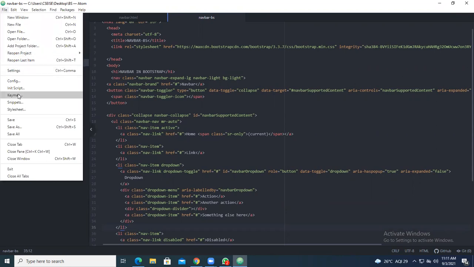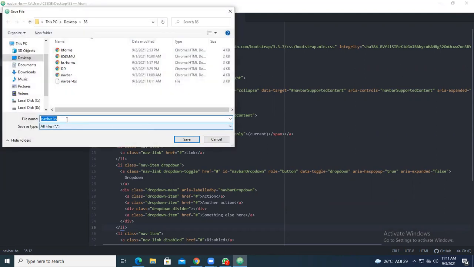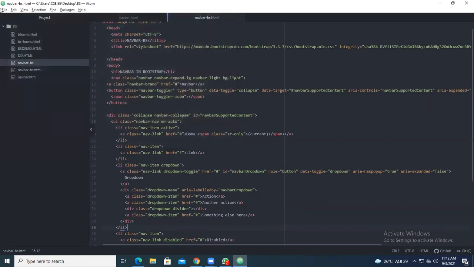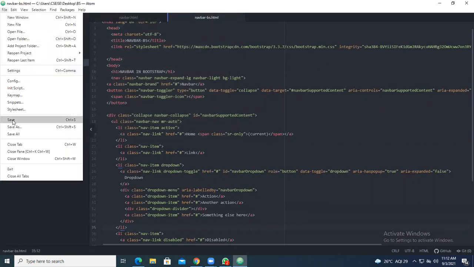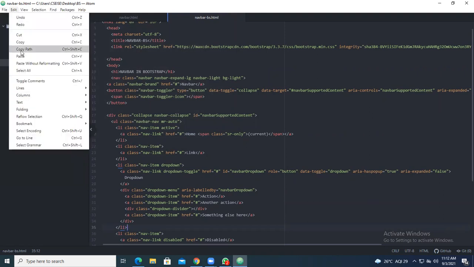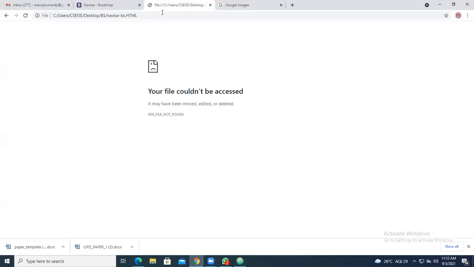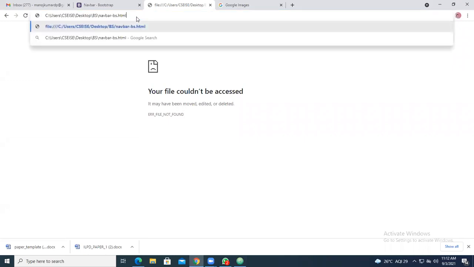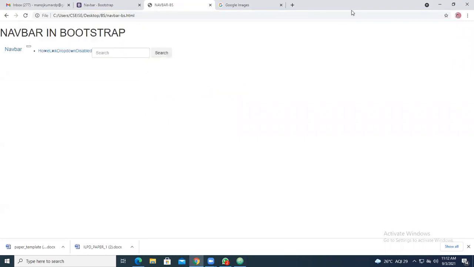Take it as file, save as, navbar bs.html. Give it in small letters, HTML, and save. Now go with file, save, edit, copy path, and paste it here. Now you are getting this navbar in Bootstrap.